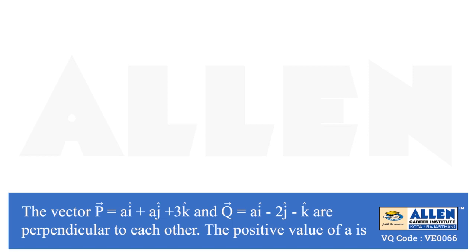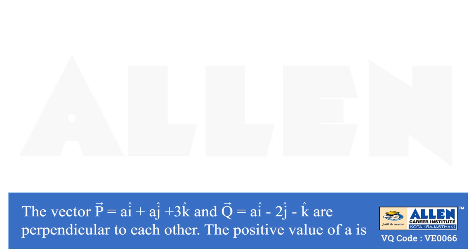If the vector p equal to a i cap plus a j cap plus 3 k cap and q vector is equal to a i cap minus 2 j cap minus k cap are perpendicular to each other, then the positive value of a is. Here we have given two vectors which are perpendicular to each other, and we know if